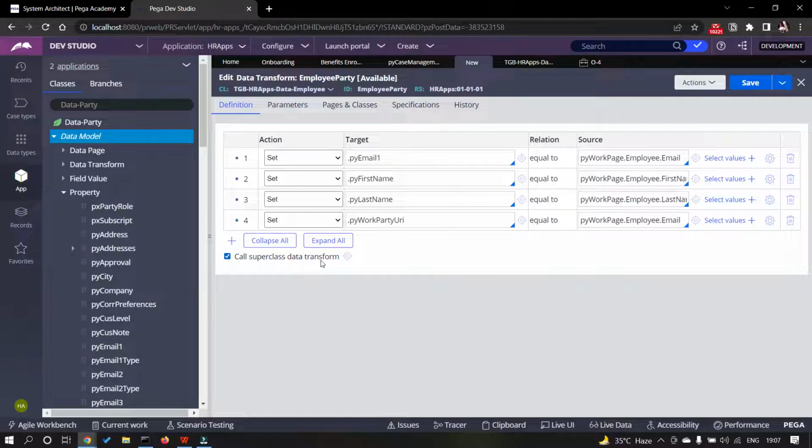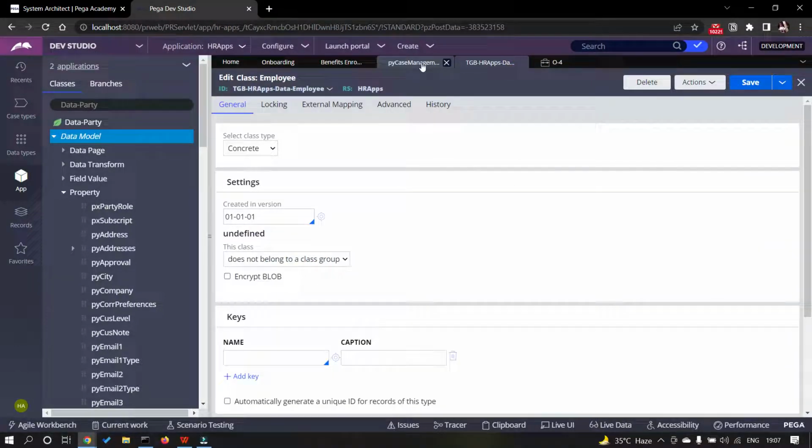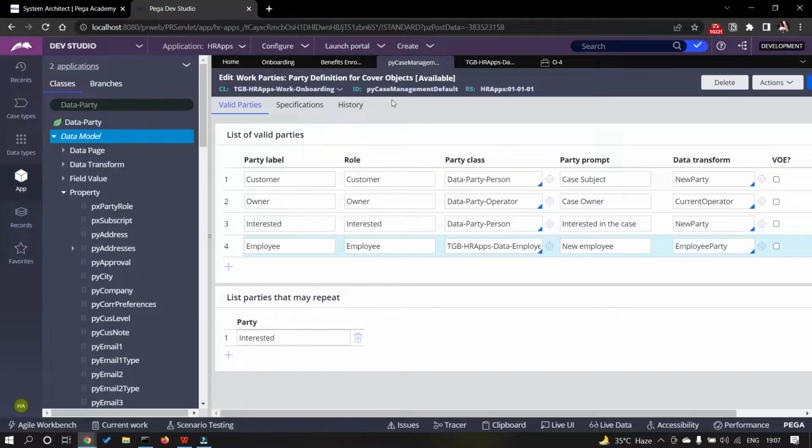Call superclass data transform, since we don't have an employee party data transform in its inheritance. So I can uncheck this and save. So my data transform is ready. I'll go back to pyCaseManagementDefault work party rule. Here I have added record for employee work party,